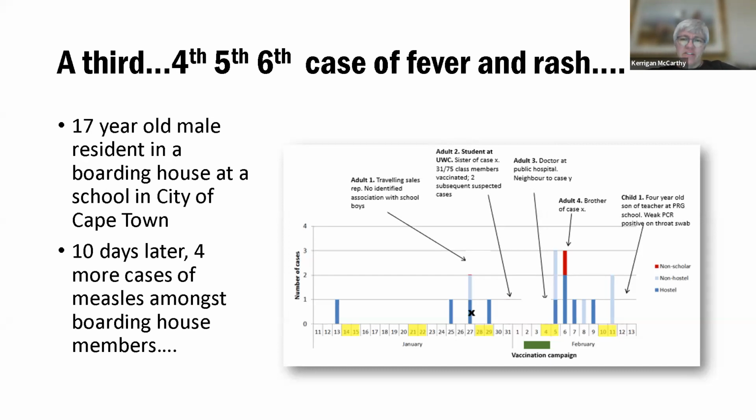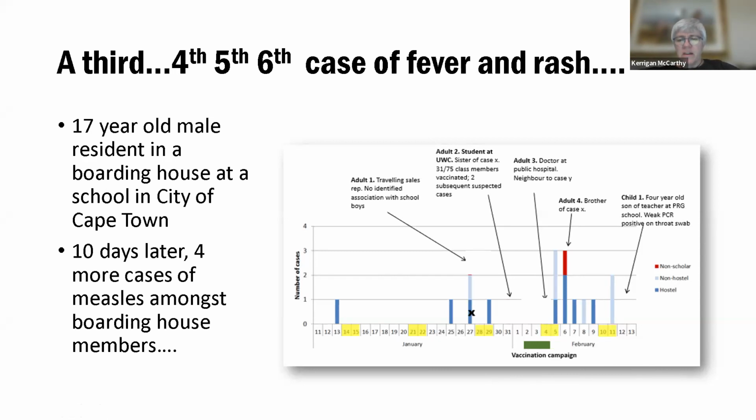And the health officials in this case responded incredibly promptly, and they conducted a vaccination campaign at the school, and that can be seen as the green on the 3rd, 4th, and 5th of February of 2017. However, a single incubation period later, there was a whole other spate of measles cases in the school. And this revealed the underlying vaccine hesitancy amongst the community at the school. But the health authorities had responded rapidly. No subsequent cases were diagnosed at the school, but there was a total of 22 cases in the cluster in